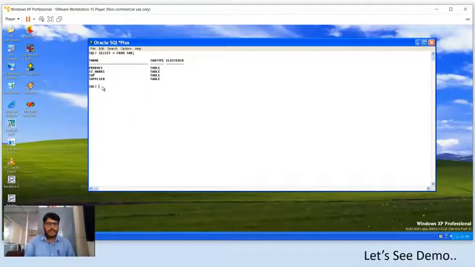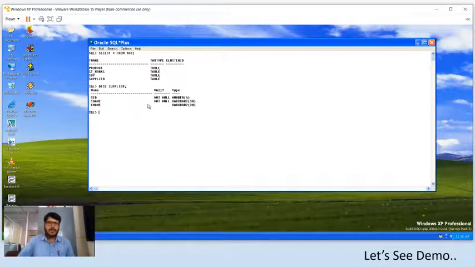To see the structure of the supplier table, we need to execute the describe command. Regarding this, I have already explained in previous videos. You can go through it. The describe command is used to see the description of the table structure, so that it will list out what columns are available in the supplier table. Now you can see we have 3 columns within it.